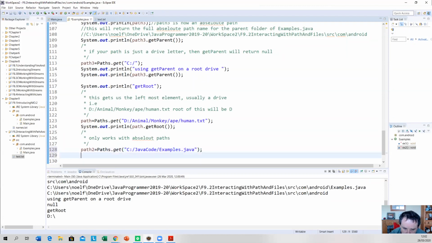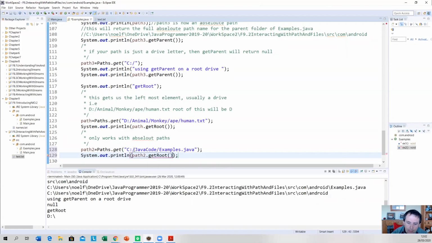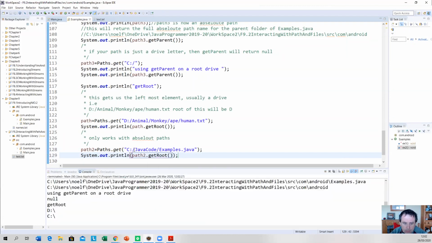Right, so I go here, the root of that, it is path2.get root. It's going to return C. Now, if I have a